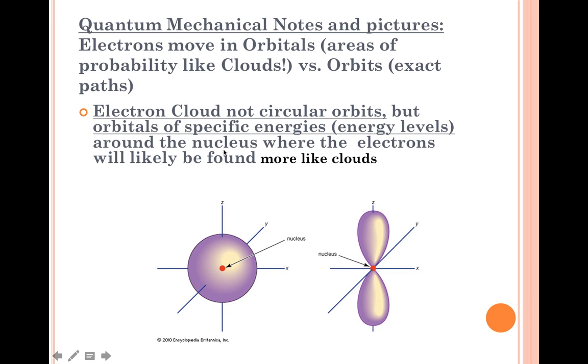They're still energy levels around the nucleus where the electrons will be likely to be found, and they're more like clouds. So for example, here's the nucleus. This is 1 orbital. See how it's kind of, and we're going to talk more about this. This is called a p orbital. And essentially, if an electron has a certain amount of energy, it is probably going to be found somewhere in these lobes here. If it has a different amount of energy, this is an s orbital, it's going to be found somewhere in this sphere, but it won't necessarily be orbiting like a planet, it'll just be here somewhere. And the math for this worked much better.